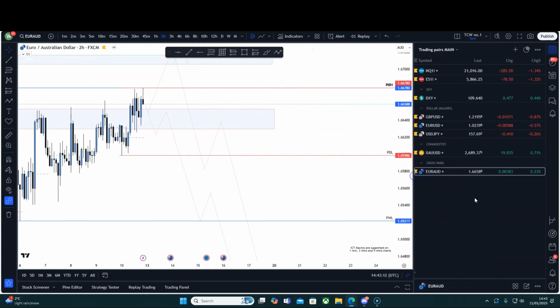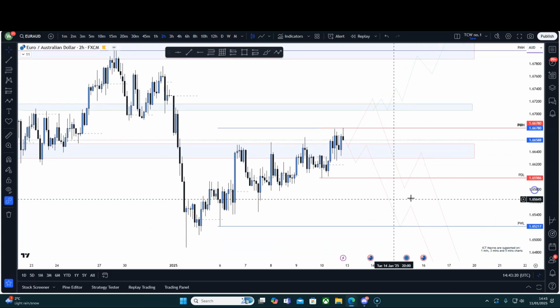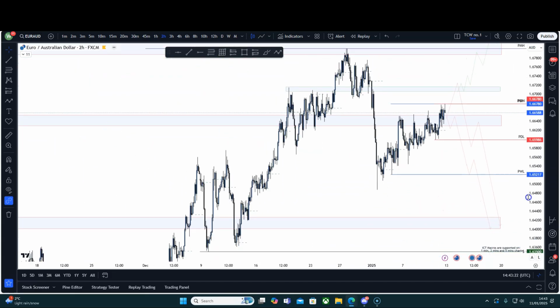So bullish on gold for the week, and EURAUD. Now, there's no need to chart every cross pair. One cross pair is enough. This is ample pairs for me to trade. Now, I'm expecting to see the same thing.